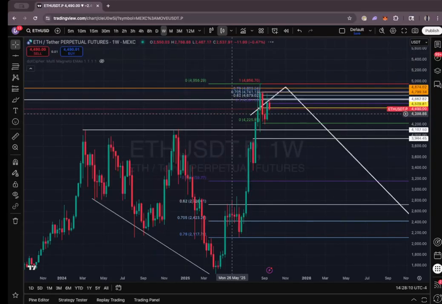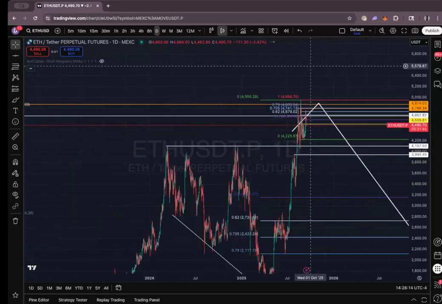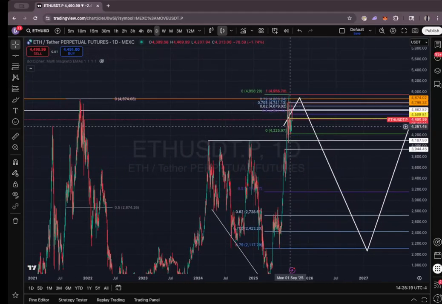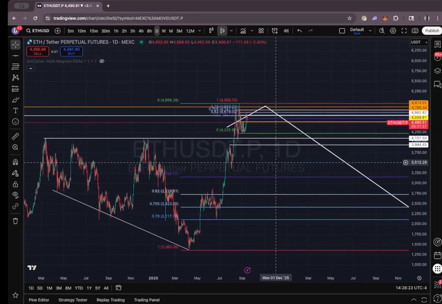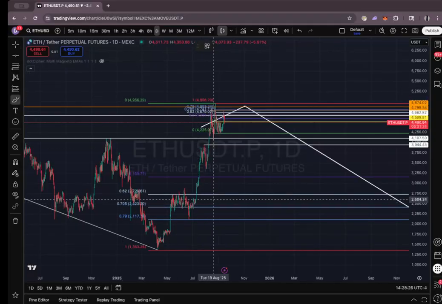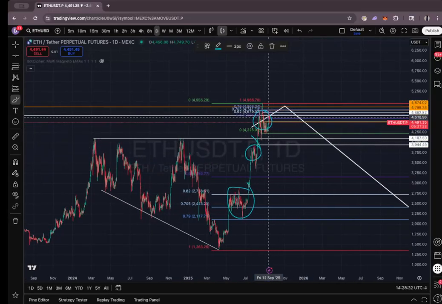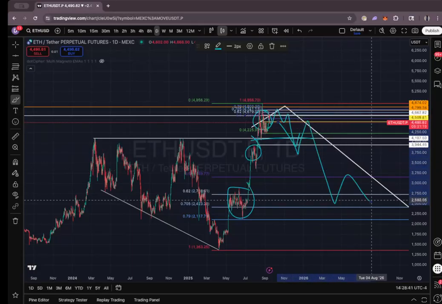So, I mean, yeah, it's a little weird. Again, it's a little weird. I do not like where it is right now. I wouldn't long it. I wouldn't short it. I might short it, honestly, but I don't like it. This is actually a fairly clean market maker sell structure where we do have 3 consolidations to the high. What would confirm this to me is if we do consolidate and then break this low right at 4K. If we break the low at 4K and then retest again, that would confirm it for me.